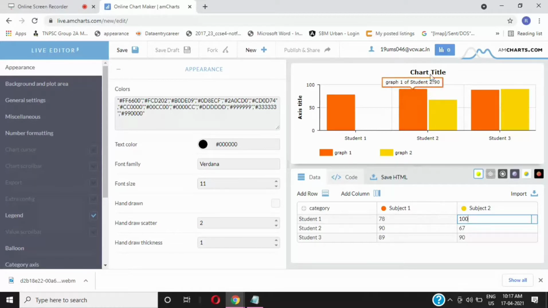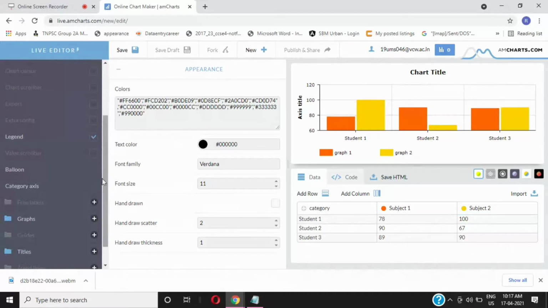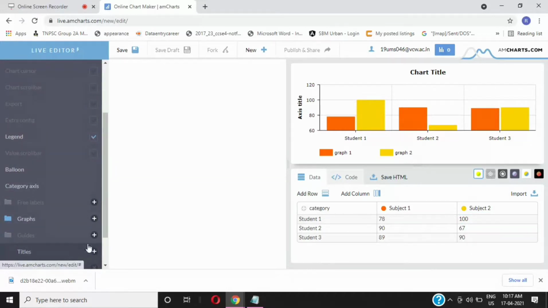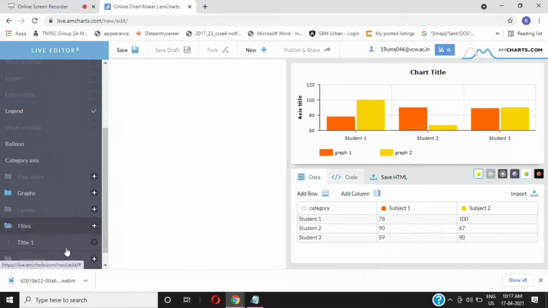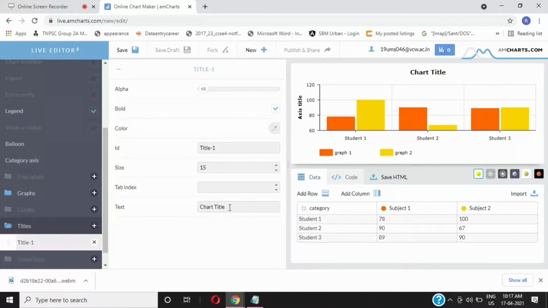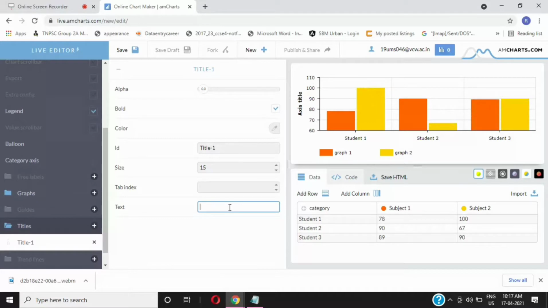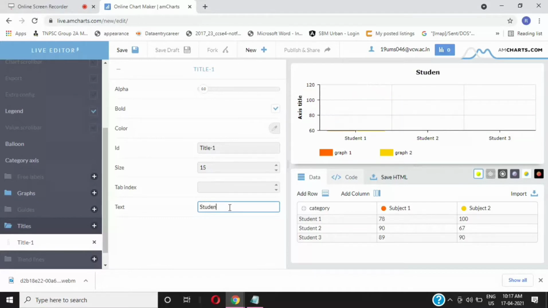Now you can change the chart title, axis title, or even the title of graph 1 and graph 2. To change this, you have to drag down here and click title, and click title 1. So clear the chart title and give your title, students marks.